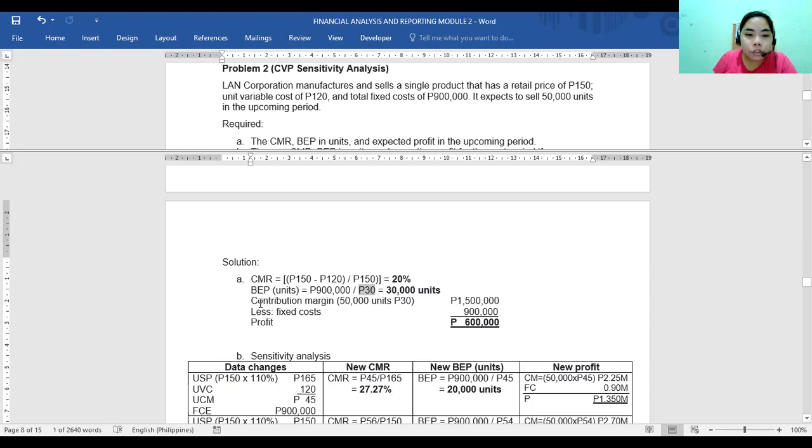So contribution margin, 50,000 units times 30, that's 1.5 million, less fixed cost of 900,000. So your profit at an expected sales of 50,000 units in the upcoming period is 600,000. 50,000 units times 30 CM per unit, that's 1.5 million. We subtract fixed cost of 900,000. So your profit is 600,000. Okay. So sensitivity analysis,